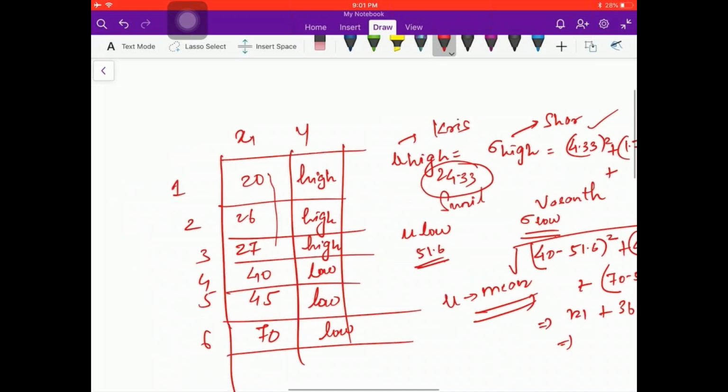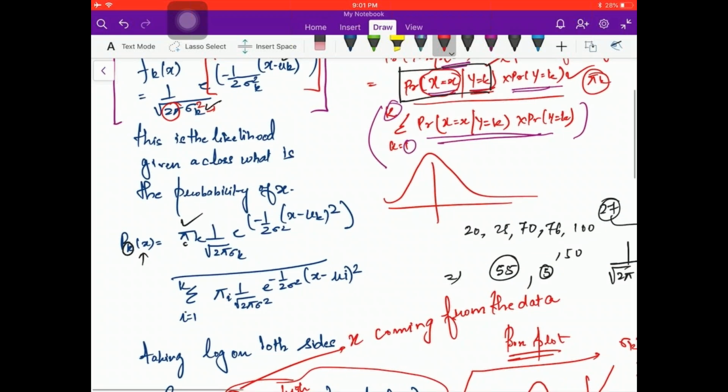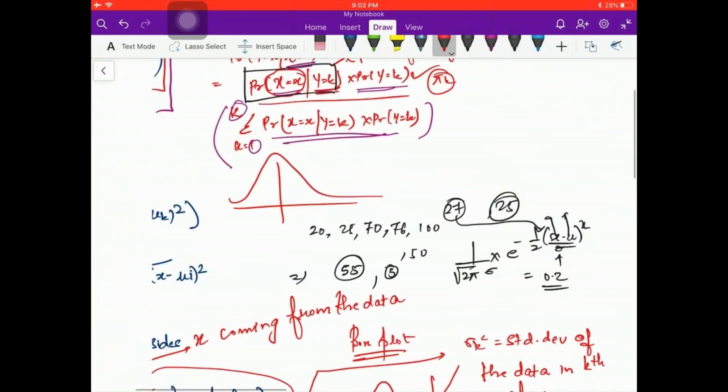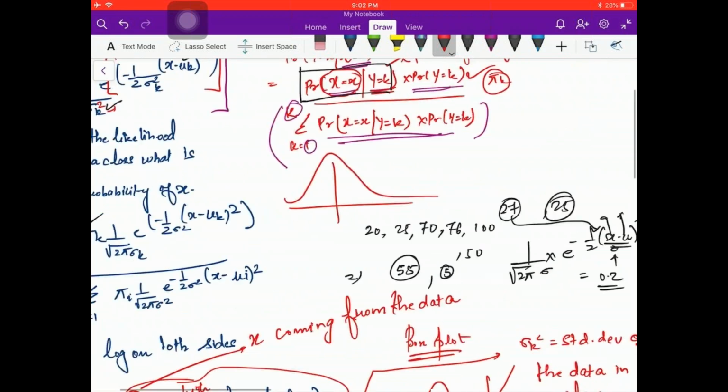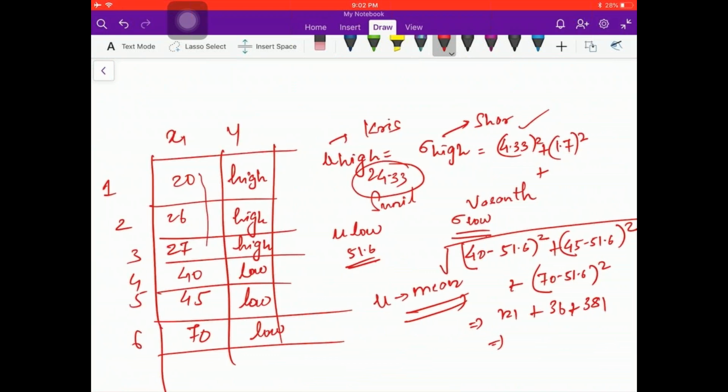Okay. Now, what we are doing here is we are trying to calculate the sigma k and mu k for each of the classes. Since it's difficult to show you in the picture, I was taking a sample data set. So I was just asking them to calculate what is the mean, what is the sigma in high, and then what is the mean and sigma in low.